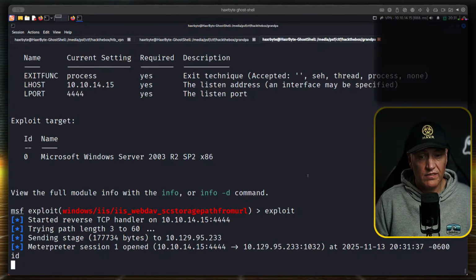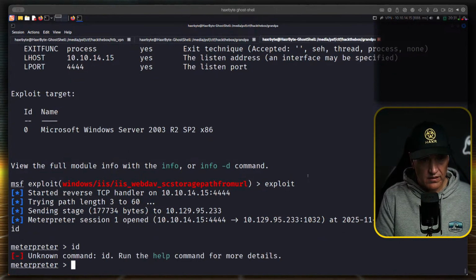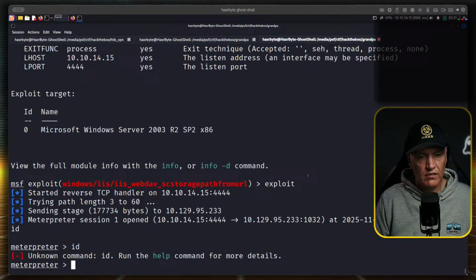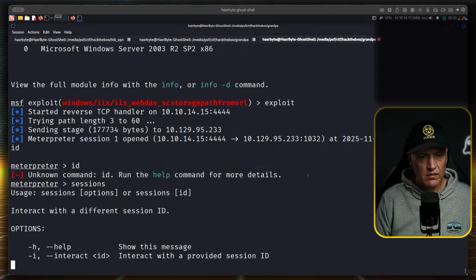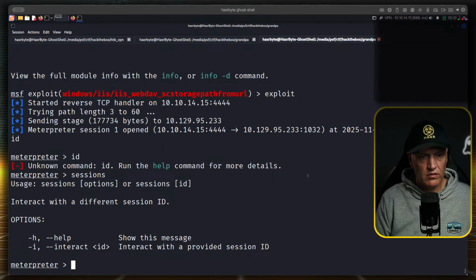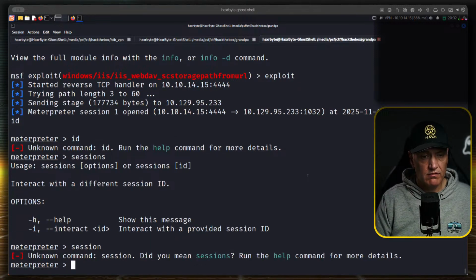Do we have an interactive shell? No. Sessions. Don't have a session anymore.